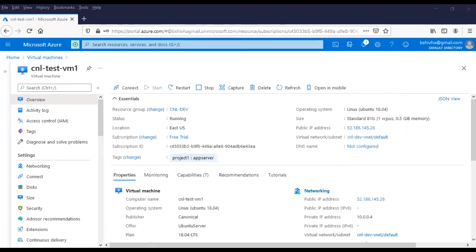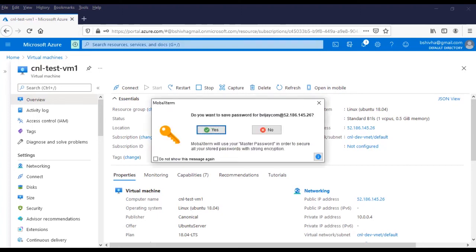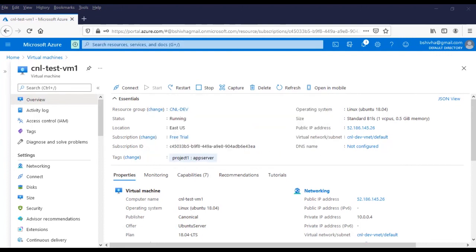It's asking for the password. So I logged in. See here, I logged in. So this is the way you create a virtual machine in Azure. After this, you can configure or install any application or project-related software on this machine. Thanks for watching. We will continue in the next session.